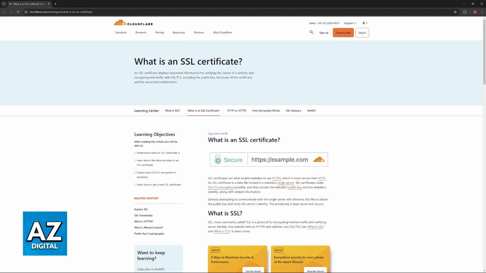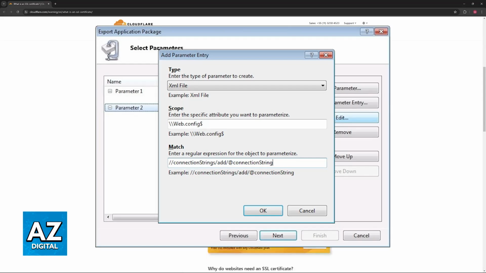Access the server where the SSL certificate is currently installed. This process for exporting the certificate depends on your operating system and web server software. So for a general guideline, for Windows, use the Internet Information Services Manager to export the certificate with the private key. You will typically find an option like export within the certificate properties. And for Linux, use command line tools like OpenSSL to export the certificate, private key, and any intermediate certificates.